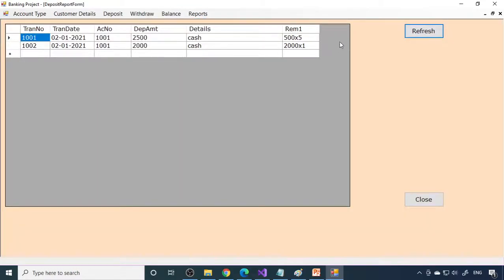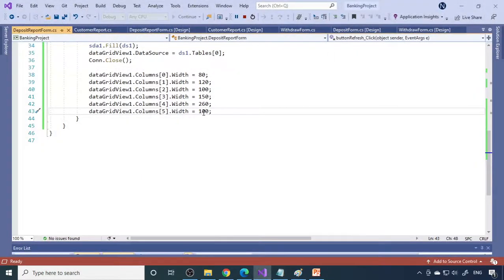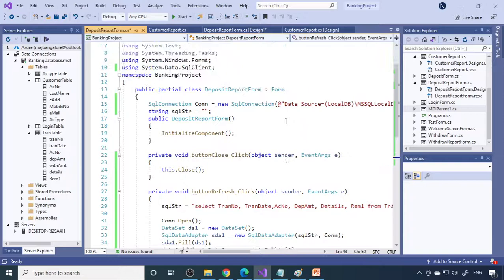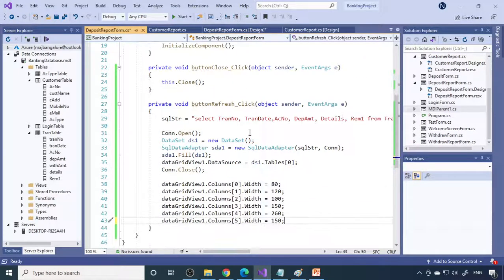Now we can increase another, some 60, something like this. So 150 you can take. So this is from the transaction table. So here is the deposit list. Okay, so deposit is done.